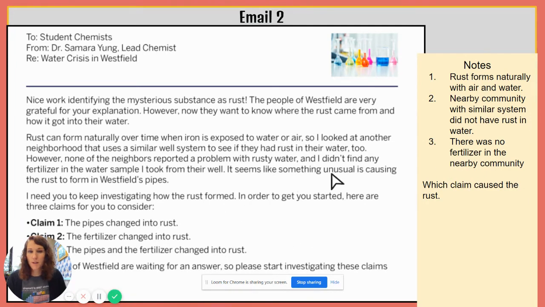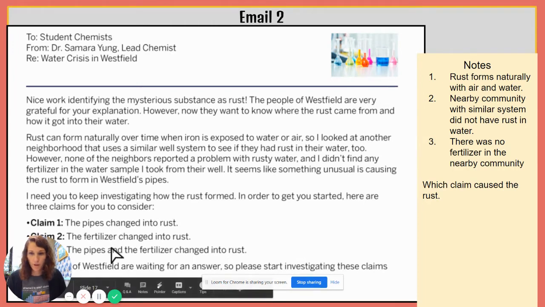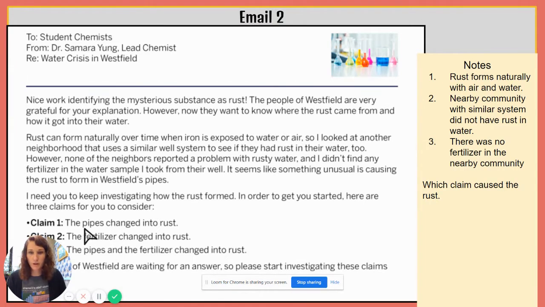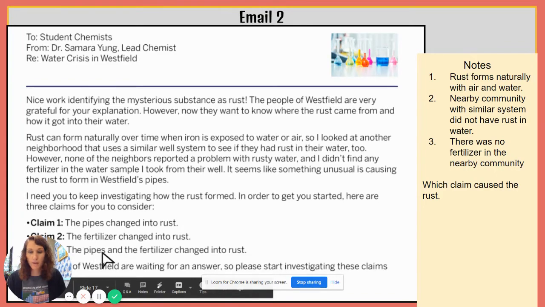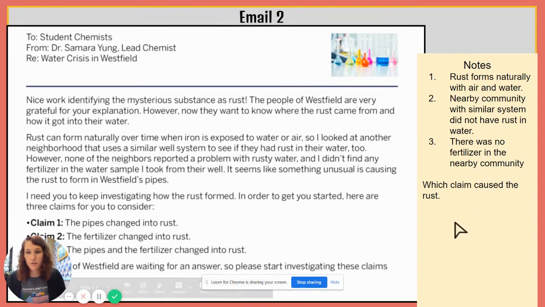So it seems like something unusual is causing the rust to form in Westfield's pipe. We need to investigate how the rust formed. So we have 3 claims here: that the pipes changed into rust, that the fertilizer changed into rust, or claim 3, that the pipe and the fertilizer changed into rust. So I want you to initially pick one of these 3 claims and type it into the text box as well. You're welcome to pause the video and add in my notes into your slide in addition to whatever notes